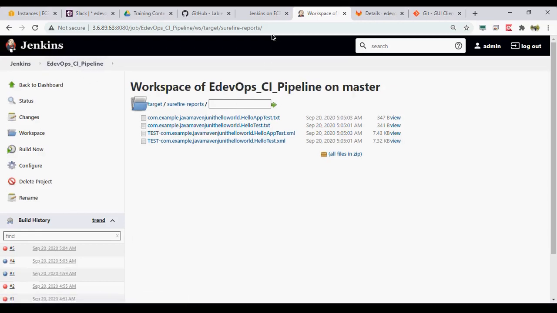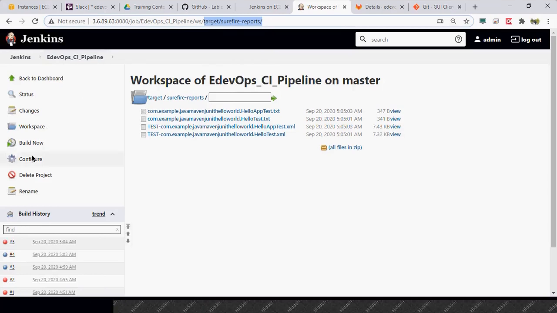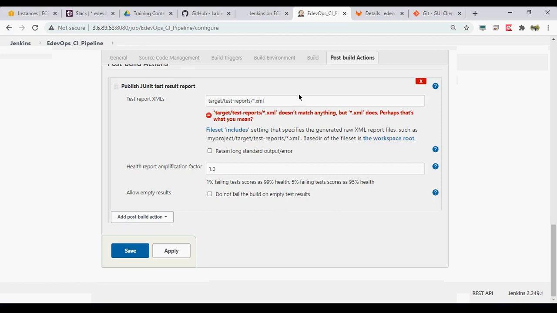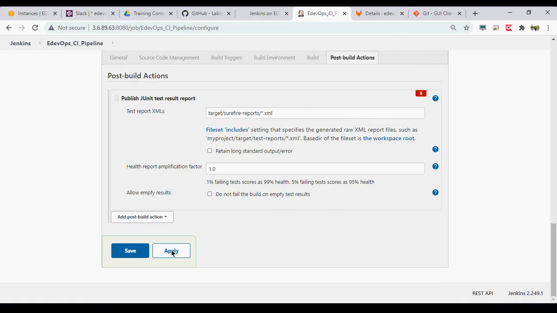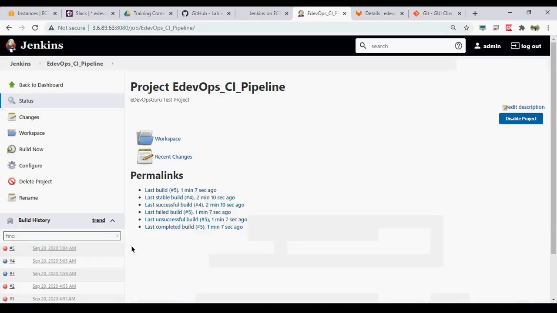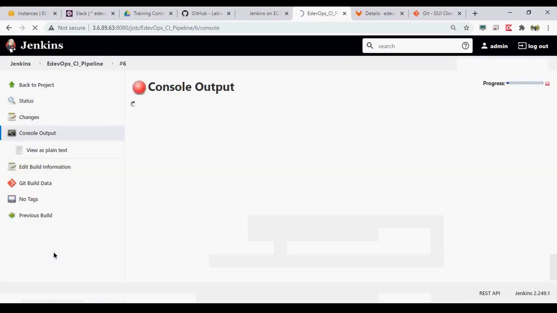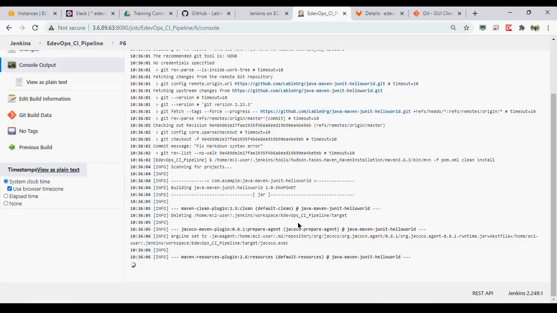Now let's see what was the mistake from our side, why it was not able to pull the star.xml. Okay, now it is correct. Probably some spelling mistake was there. Now see.